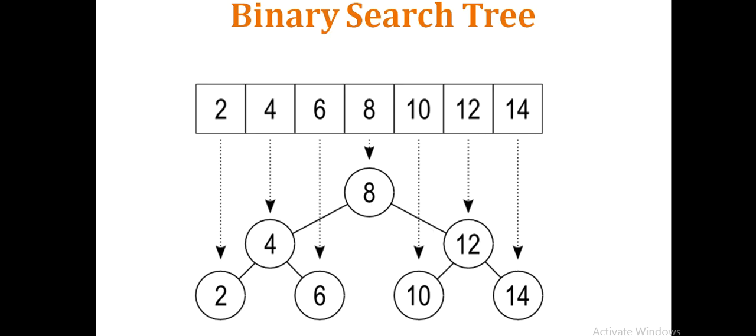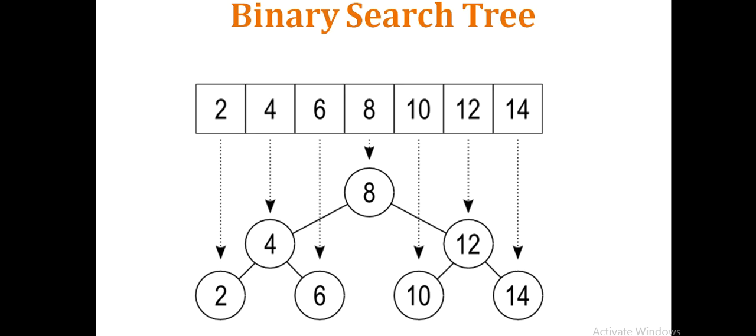Now why do we usually go with the binary search tree? Consider the sequential or linear search. In the linear search we start searching from the first element itself, and then search one by one sequentially up to the last element. What happens in that case? For example, if your element lies at the first position itself, then you find the element at the first position, and that gives a best case scenario.